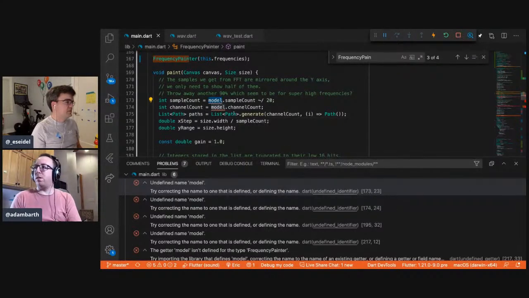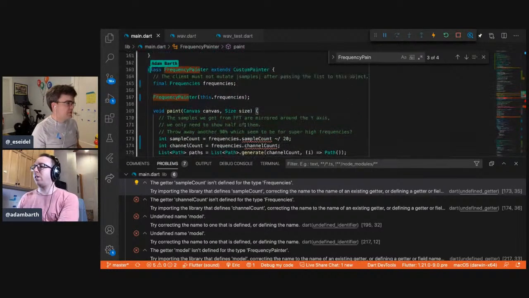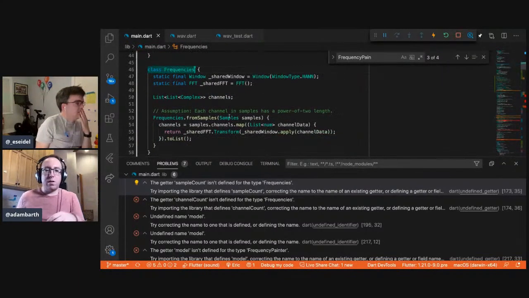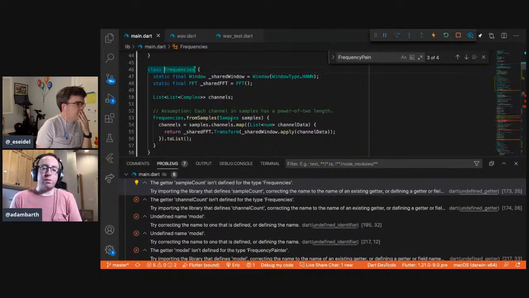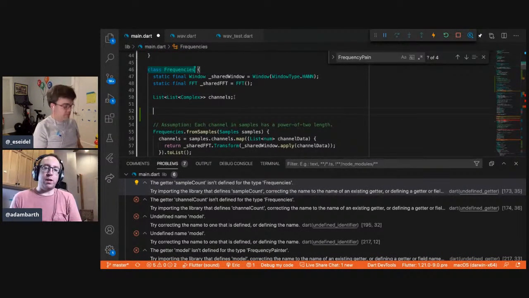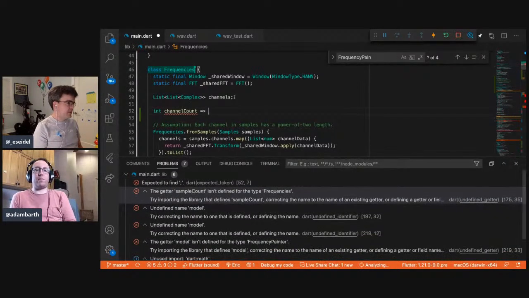I think that's okay. I forget what that frequencies type is actually like, but that type may just have that information. Oh, it says it. Yeah, so it just has the channels. So the channel count is just channels dot length. You can add like a, yeah exactly. Forgot the get keyword.